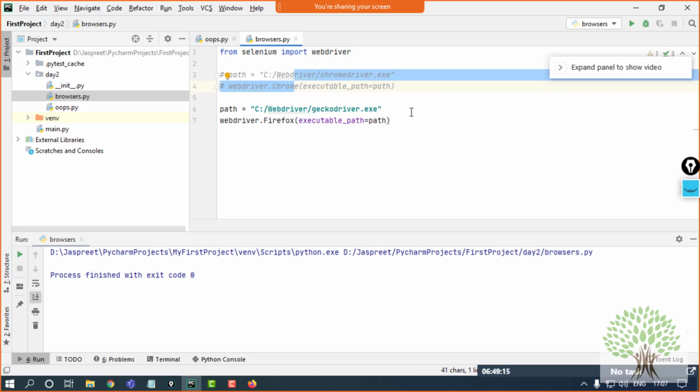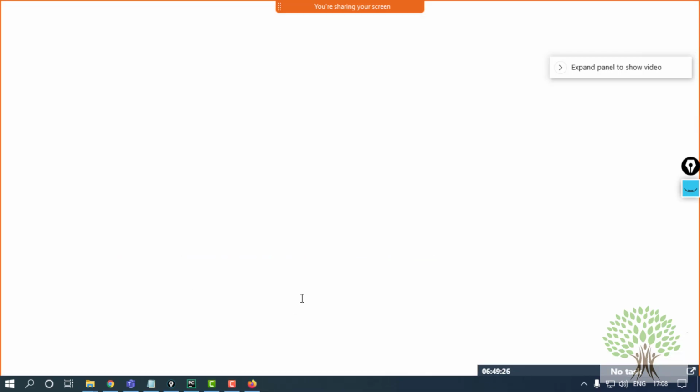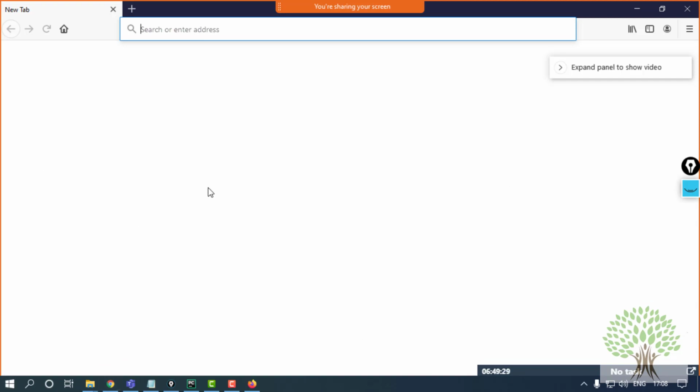Once this is done, save your code and run it. A blank Firefox browser will open up in your system. There is a default one open, I'll close this. And you can see over here, a blank Firefox browser is opened.